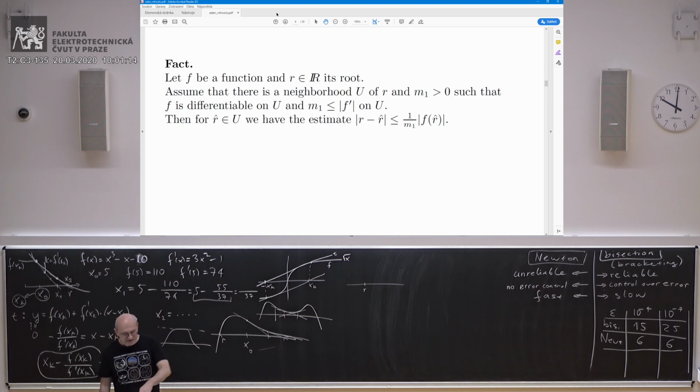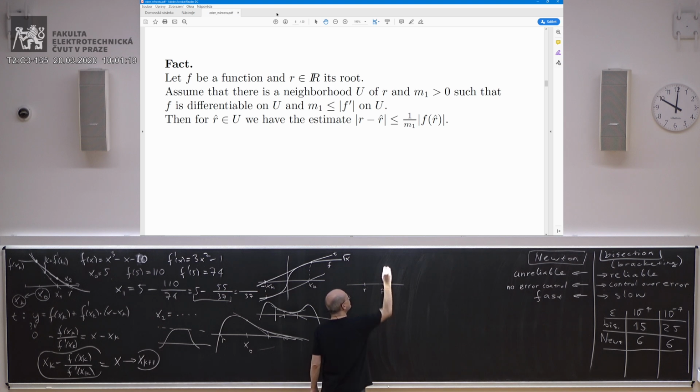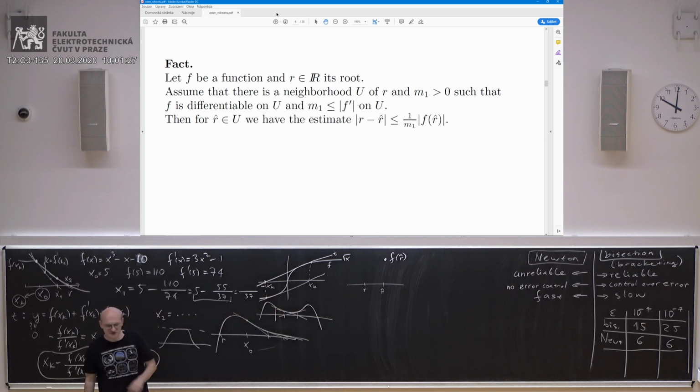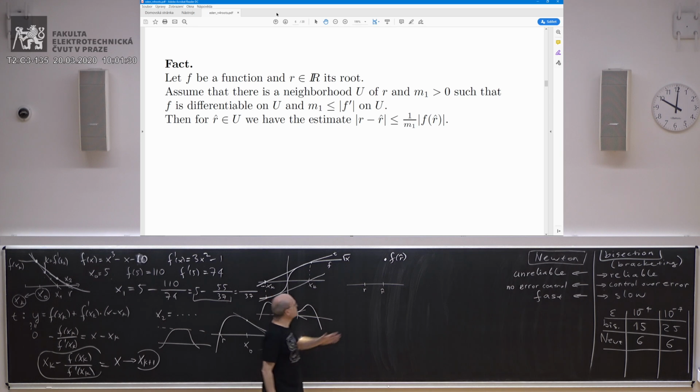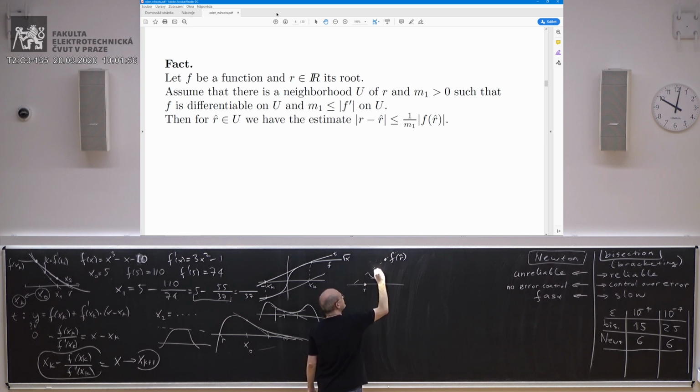Now, what does it say? We take some approximation of the root, which is over here, and we get some value. Now remember, the technical assumptions, this inequality m1 is less than or equal to the derivative, they tell me that the function is going rather steeply down or up. We don't know. In this picture, I want to see an increasing function because it's supposed to have a root here. Remember, so it's increasing. So it's very sharply increasing. If it's sharply increasing, it cannot go like that. It's forced to go at some angle,